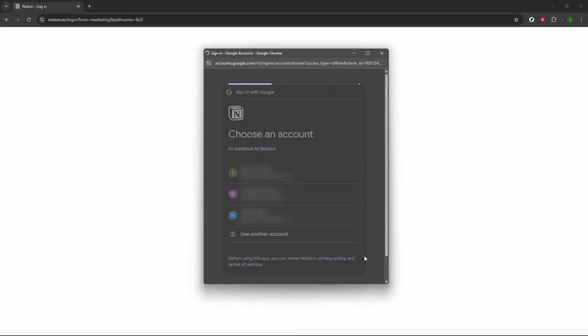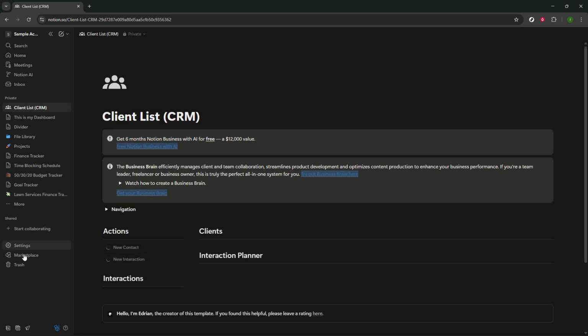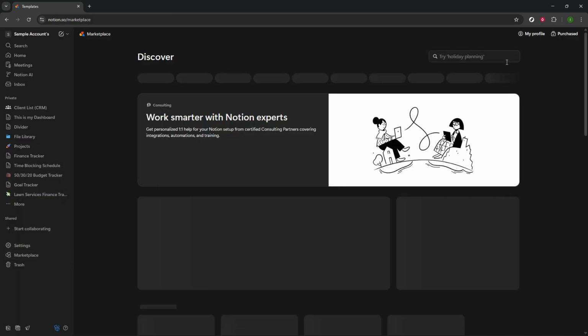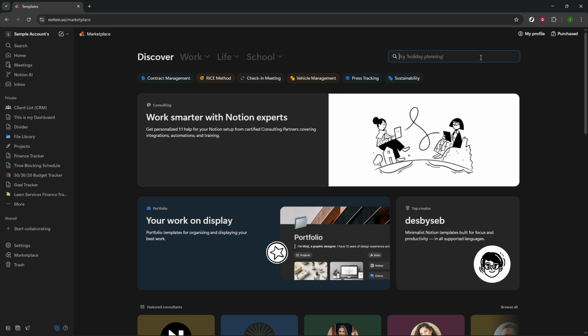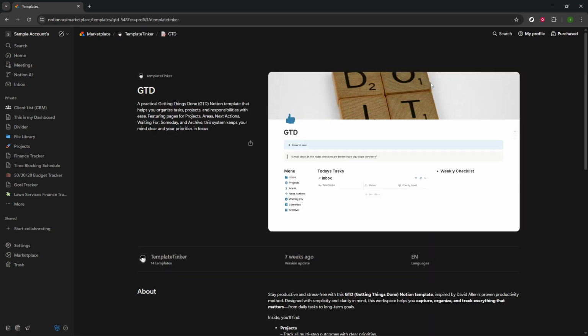Now that you're logged in, look for the Marketplace located on the left side of your screen. This is where you'll find various templates that other users have shared. In the search bar of the Marketplace, type in GTD template to find the one we'll be using today. Once you find a GTD template you like, click on it, and then click the Add button to add it to your workspace. Following that, click on See Template so you can view the various components and start personalizing it